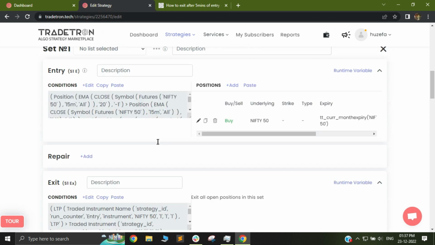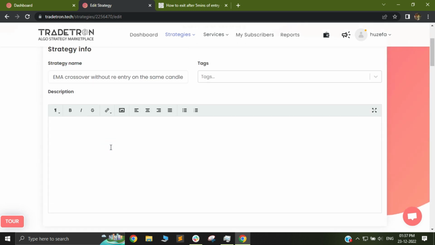In order to solve this, there are two solutions. One is that we first check if it's the first trade or not. After checking if it's my first trade, in that case, I want the trade to get through. Nothing else needs to be checked. If it is not the first trade, which is my situation 2, in that case, I will use a logic